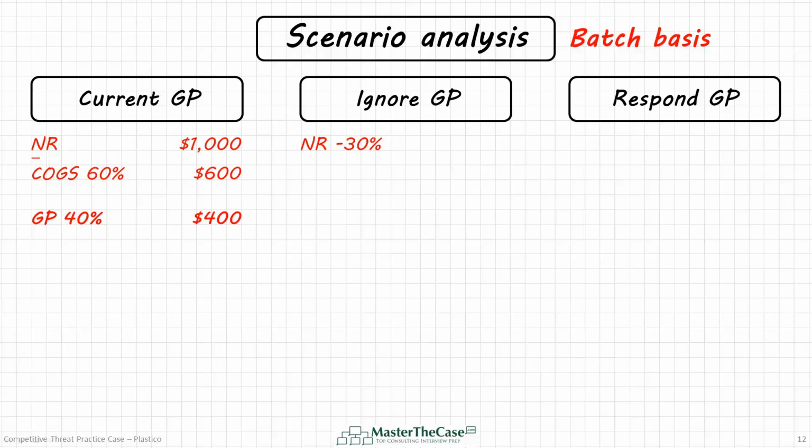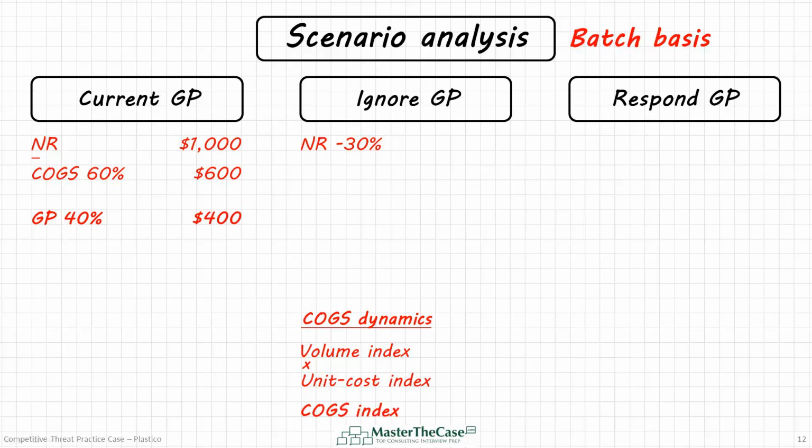And on the other hand, the unit cost will increase by 15%, driving COGS up. So let's figure out the resulting COGS dynamics down here. In order to do that, I will start with the volume index and multiply it by the unit cost index